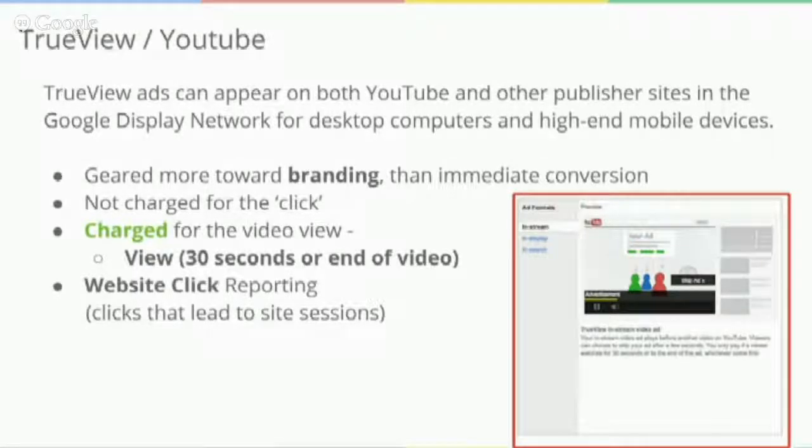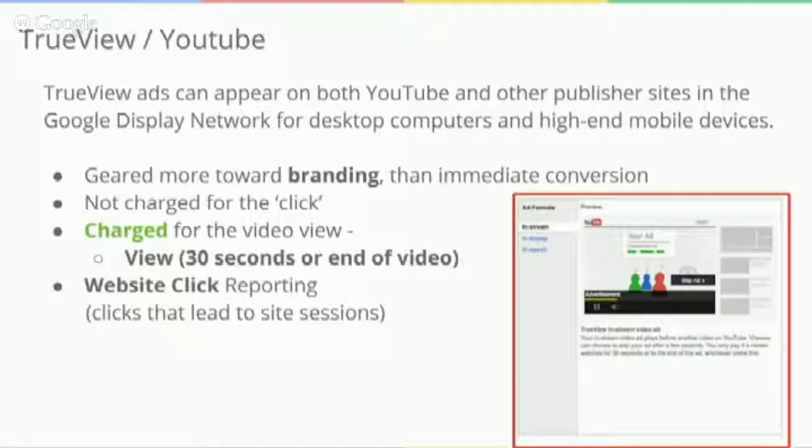It's just to do with the way users engage with them. We're all familiar with a search ad, where you bid on certain keywords that you think are relevant to the product or service you're offering, and we show an ad for that keyword, and a user clicks on that ad after searching for that particular service or product.